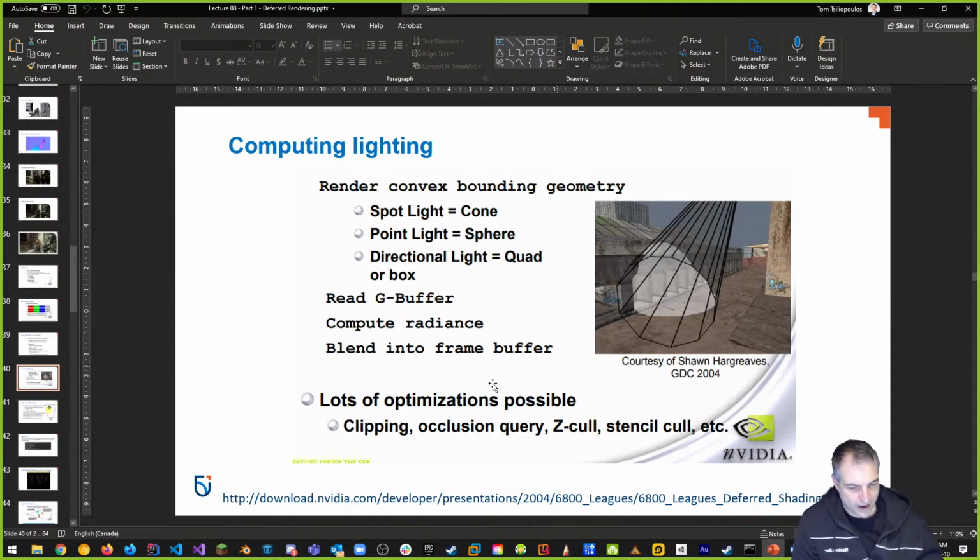There's a ton of optimizations we can do to make this work better. We can do things like clipping, occlusion, all kinds of culling that can help us with anything that's outside of the light volume. So think about that. We make an object, and I want to overlap. I want to only calculate,